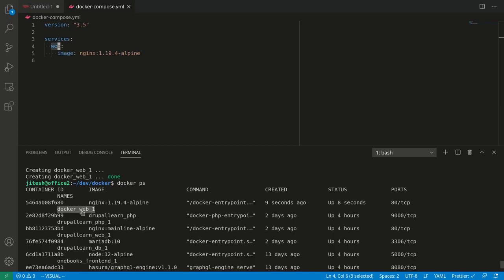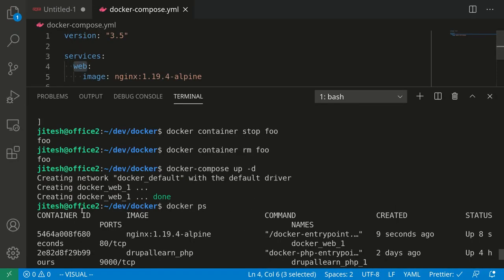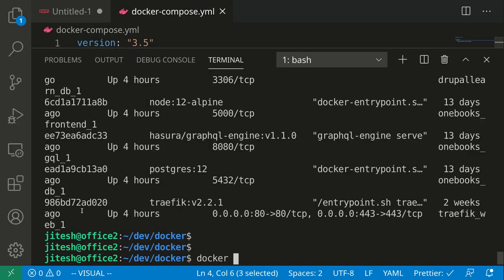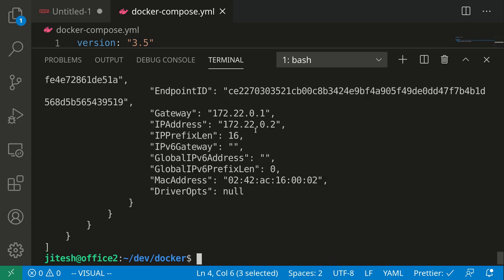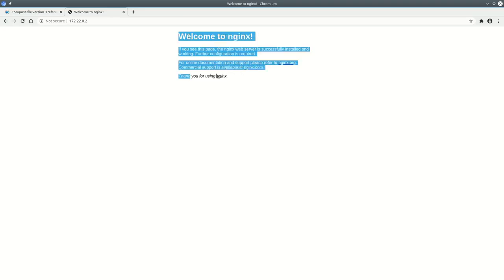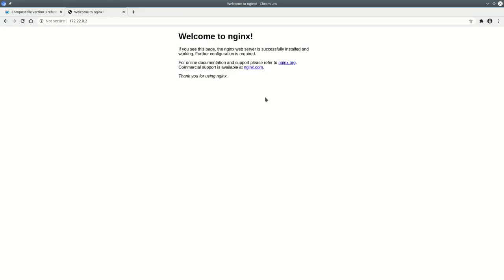So if I now go and make this larger and say docker container inspect and the name of the container. Now that's the IP address. Copy the IP address, put it in here, and that's the same thing. I mean, of course, we did not expect anything different. But where is it getting this front page from? The answer is,